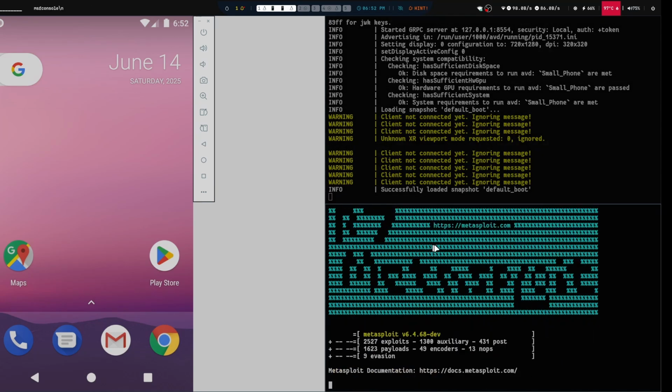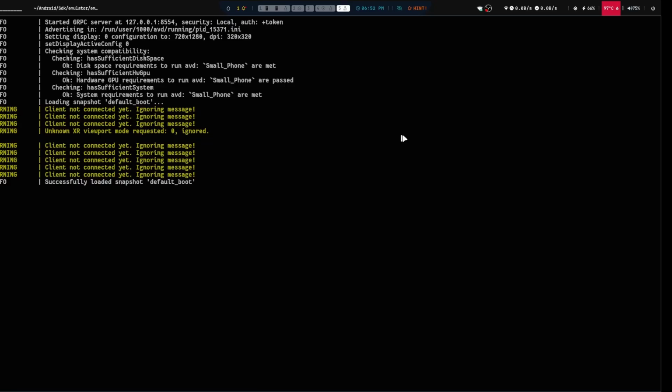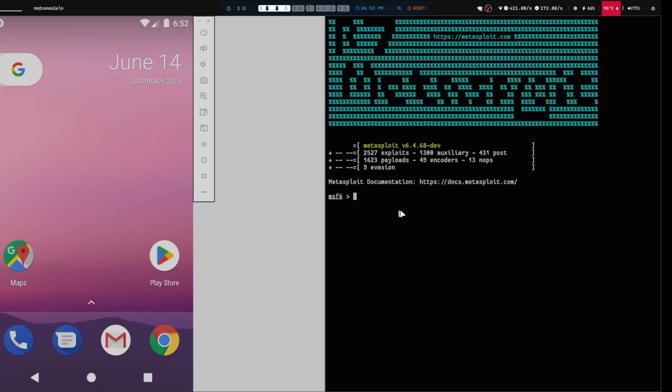So after doing this, we have to give it some commands. First of all, we are using exploit/multi/handler, which is gonna handle a lot of devices if you have shared this APK to a lot of devices.